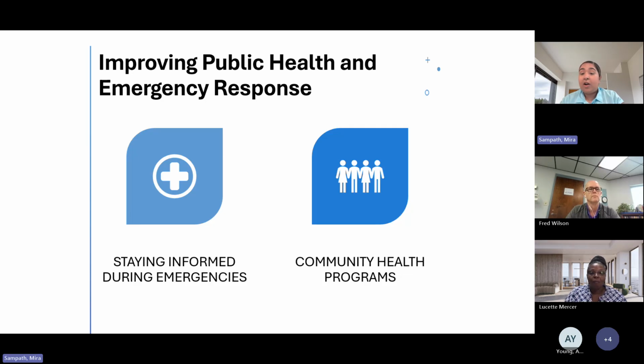So again, to kind of put it in context, going all the way back to 2017, when Hurricane Maria hit Puerto Rico, many communities lost internet access, which made it really difficult for them to receive health updates and emergency assistance. So there were some organizations such as NetHope, which set up emergency Wi-Fi hotspots, allowing people to contact doctors, get disaster relief information, and reconnect with their loved ones.